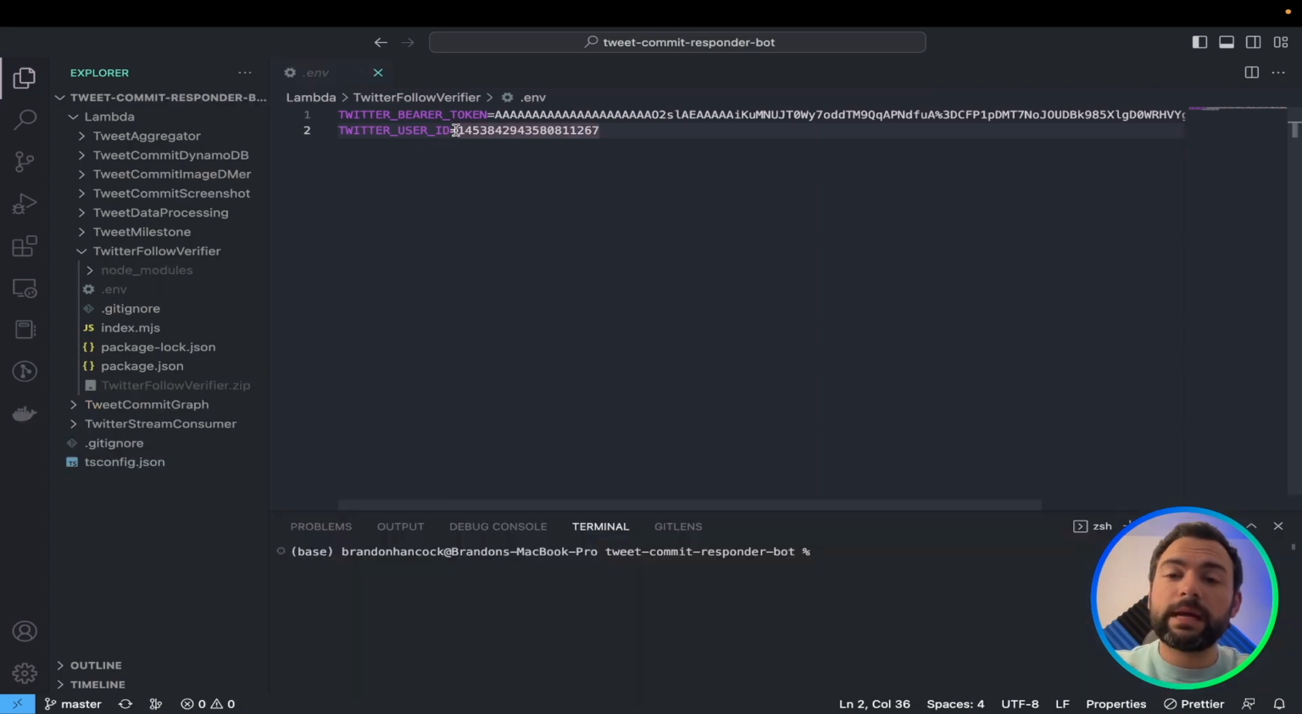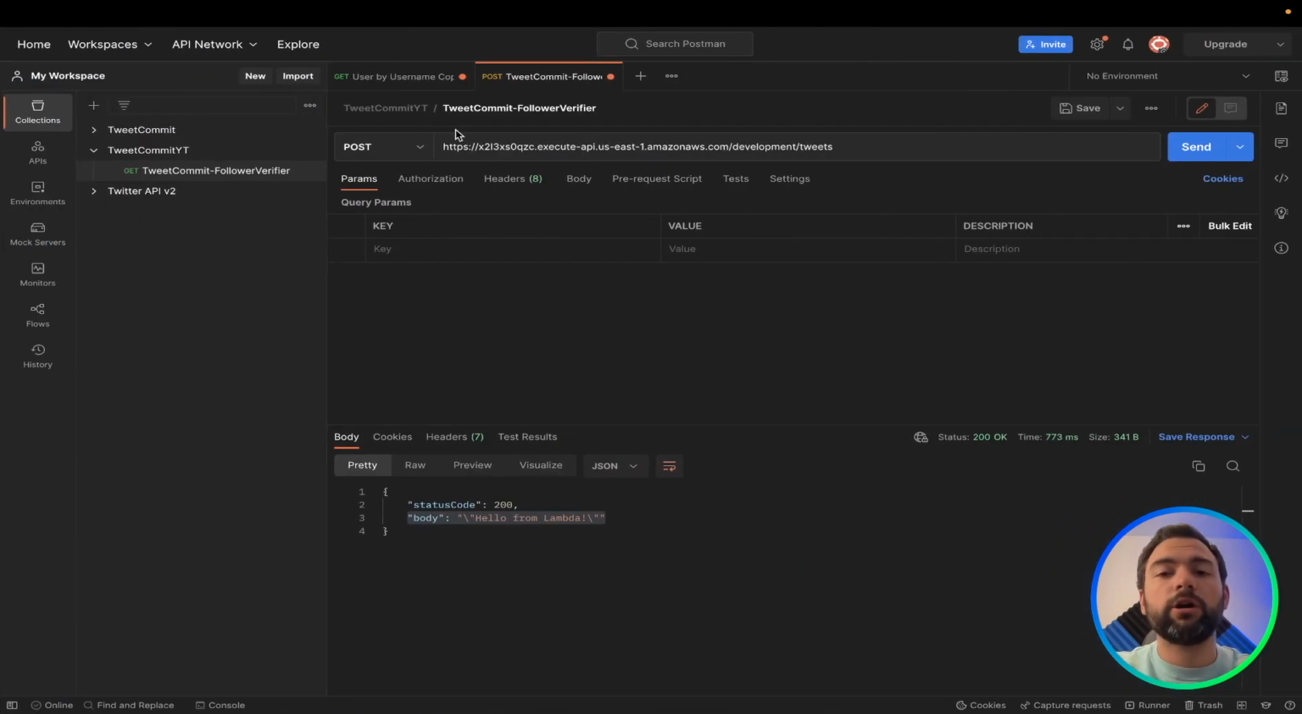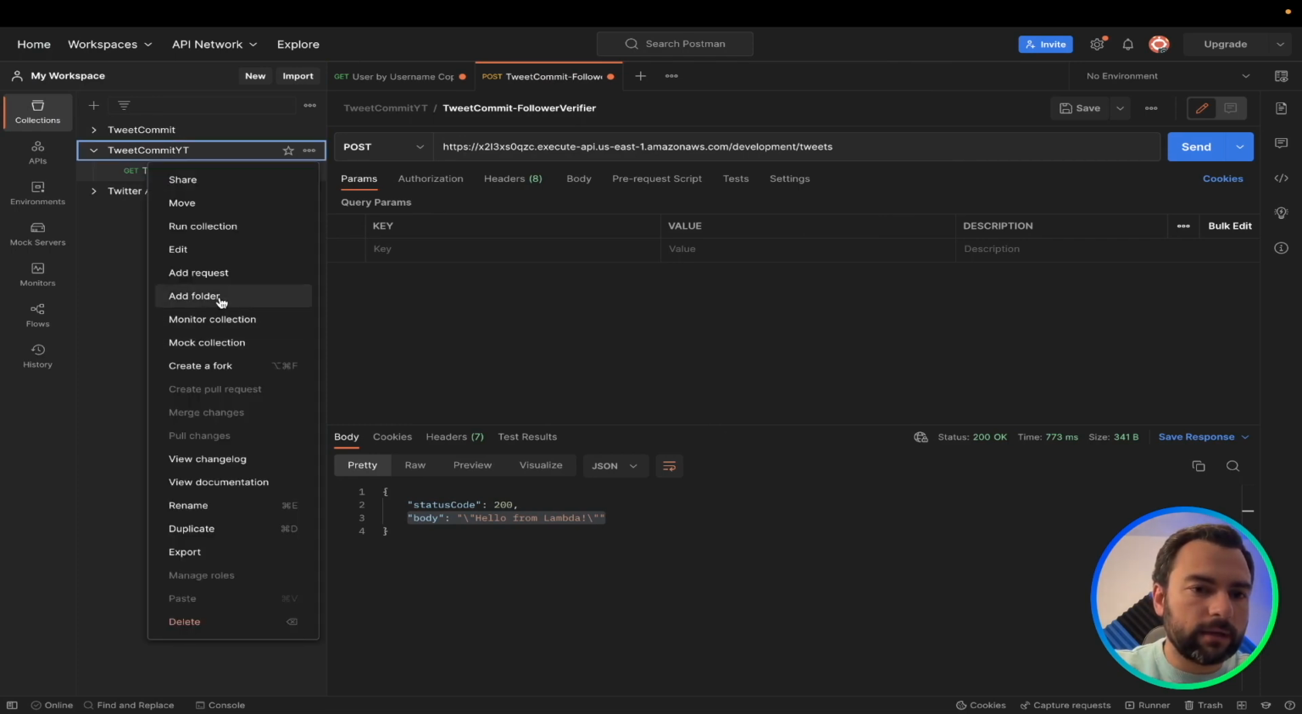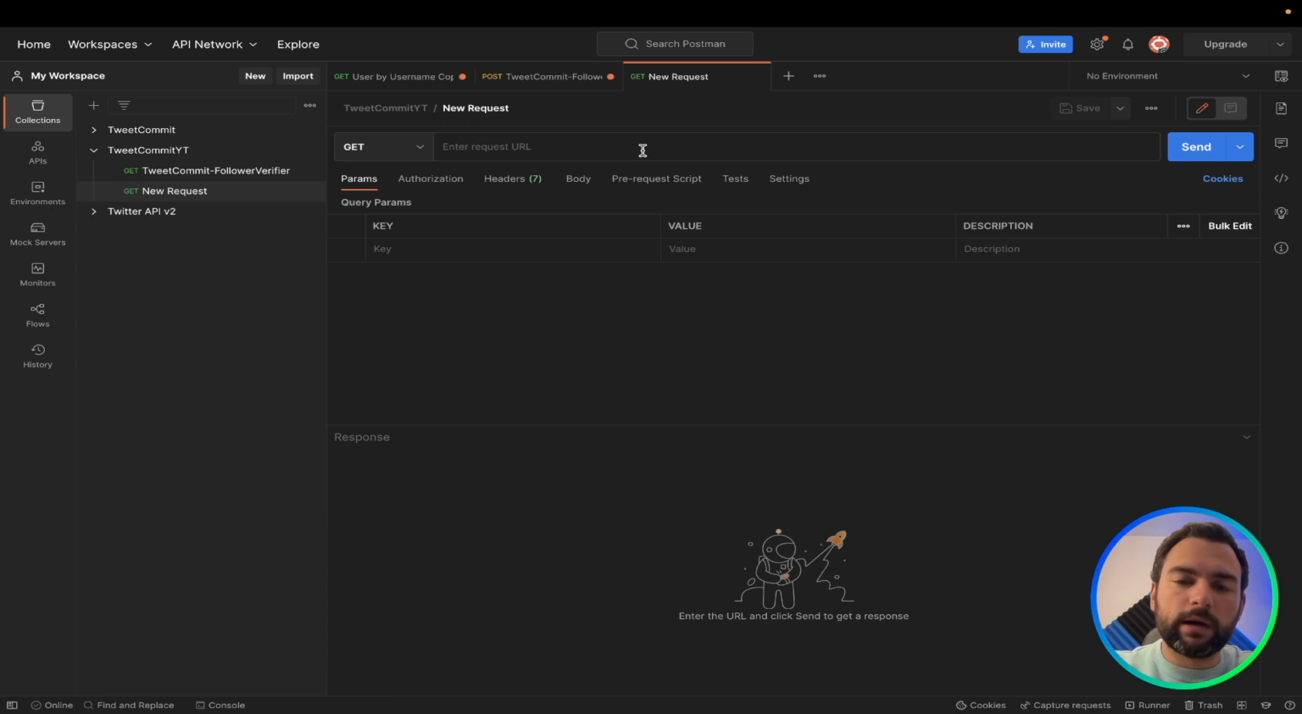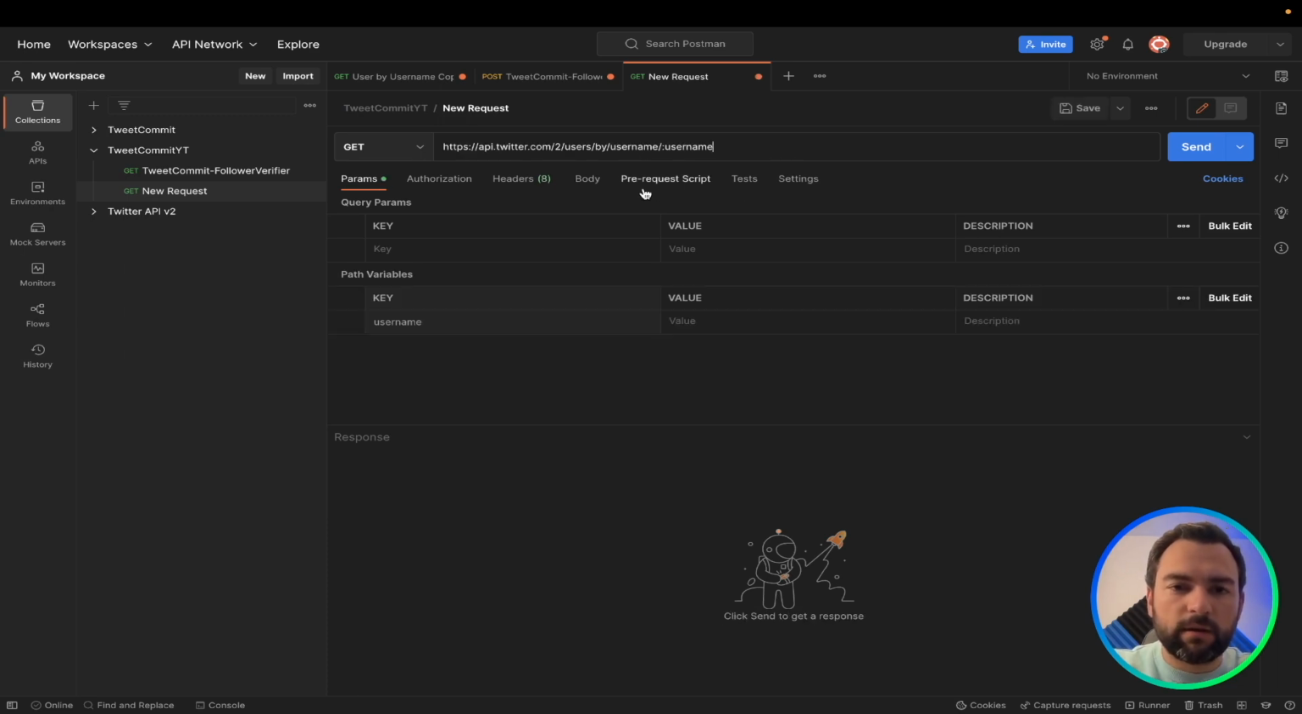What you're going to want to do is head back over to Postman, and once you're here, create a new request. Let's do that real quick by right-clicking and then hitting Add Request. In this URL, you're going to want to paste this command, which says I want you to do a GET request to api.twitter.com, version 2 of the API. And I want to get the user by username, and then we're going to use a variable. In our case, I'm just going to use my Twitter handle real fast, so be